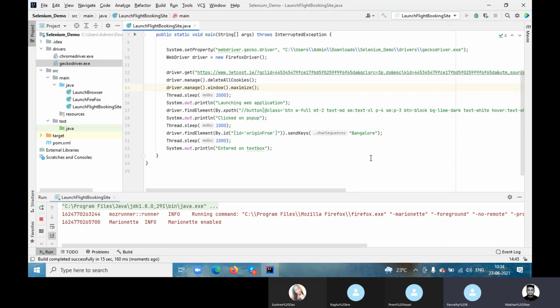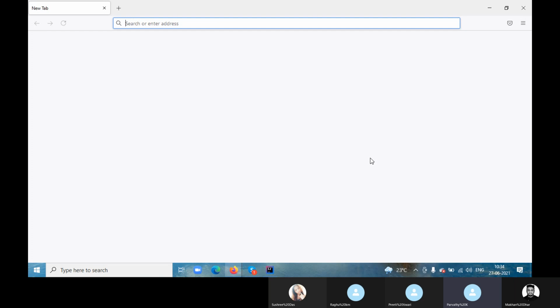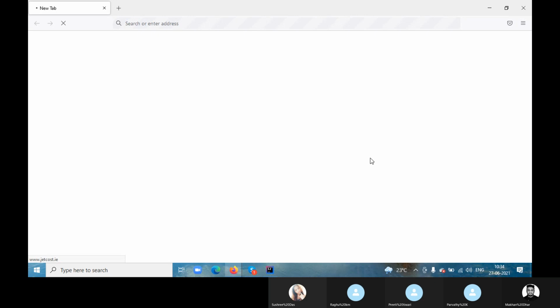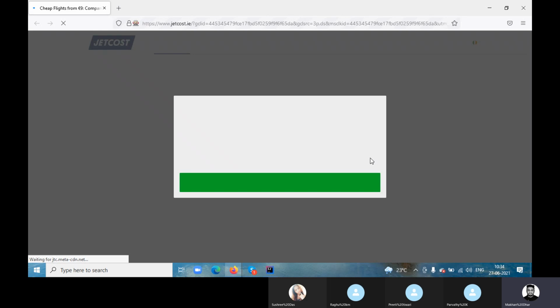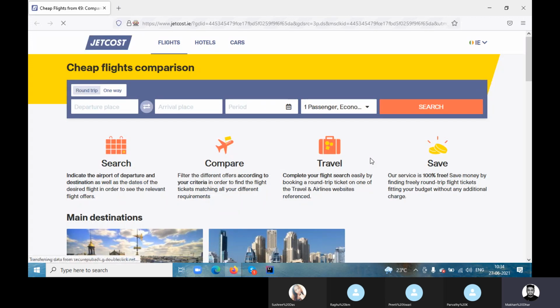Is there a way to do that, or every time we need to run from the start? Every time you have to start. Any input or action you want to perform, first you should launch the browser, then the application, and all this. So this thing will not work.